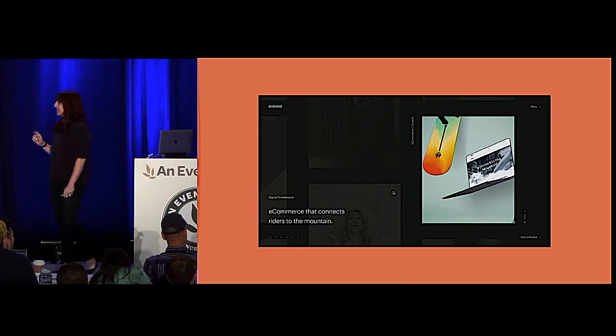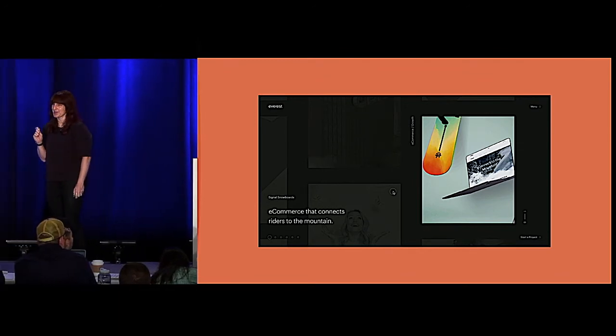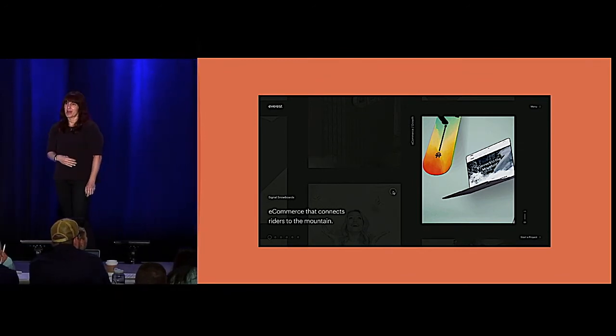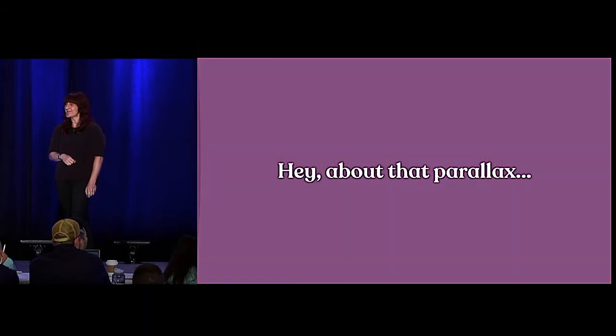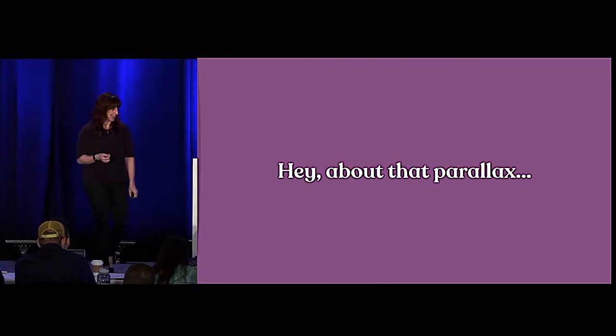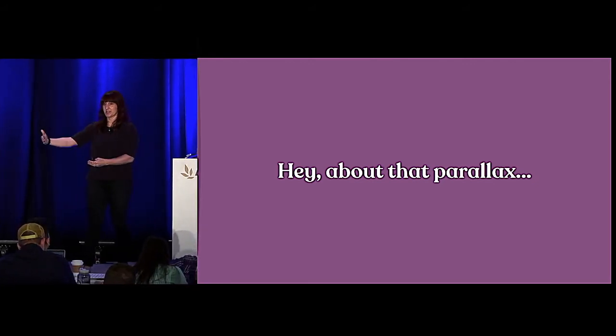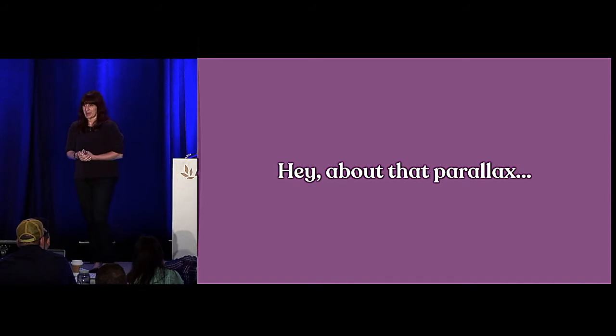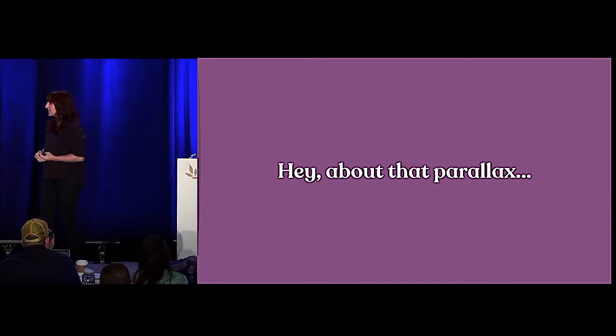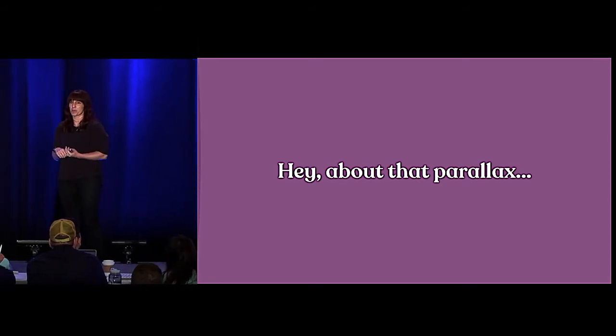And maybe this example, or even the words multi-speed, made you think of a thing that comes up a lot. Maybe you're like, that's parallax. Yep. The whole definition of parallax, whether you're doing pretend parallax or real science parallax, is that things that are different distances away move at different speeds. Multi-speed by default, right? Sorry, parallax lovers. Parallax pretty much universally is a trigger for people with motion sensitivities. As soon as things start moving at different speeds, when they're not moving at different speeds, it's just a terrible